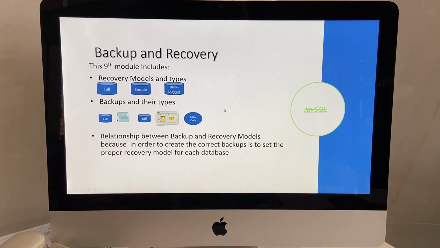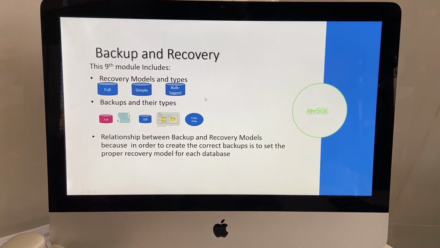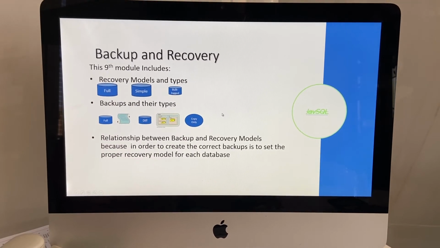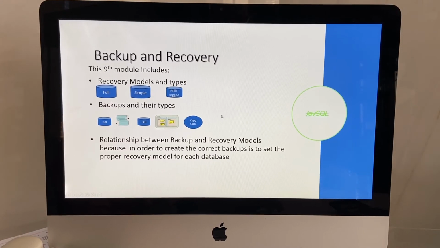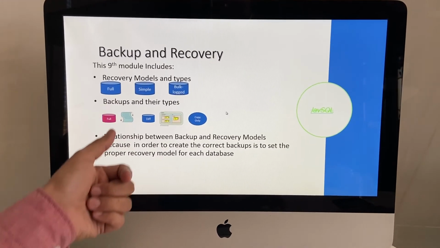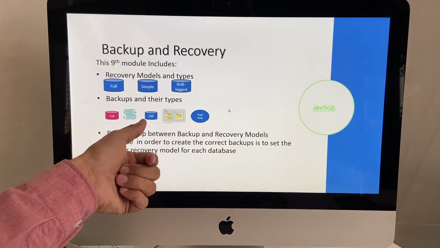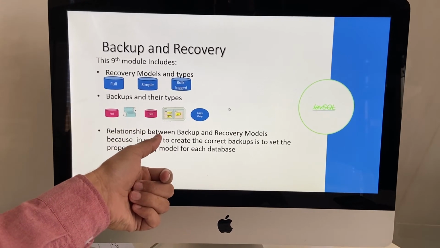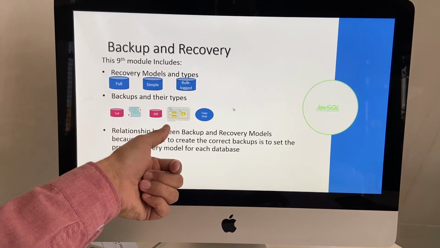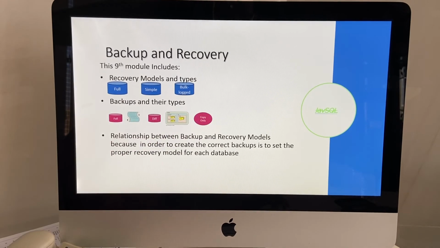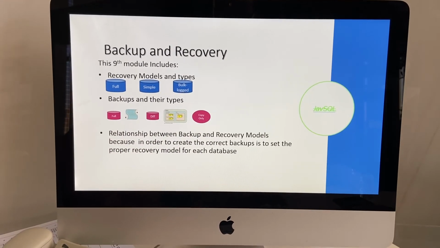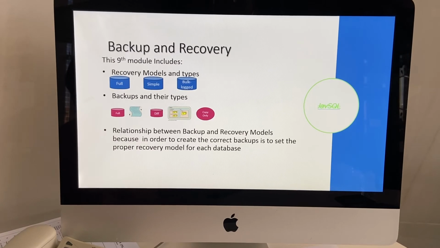And there are backup types which depend on the recovery models. SQL Server supports full backups, log backup, differential backup, file group backups, and copy only backups.